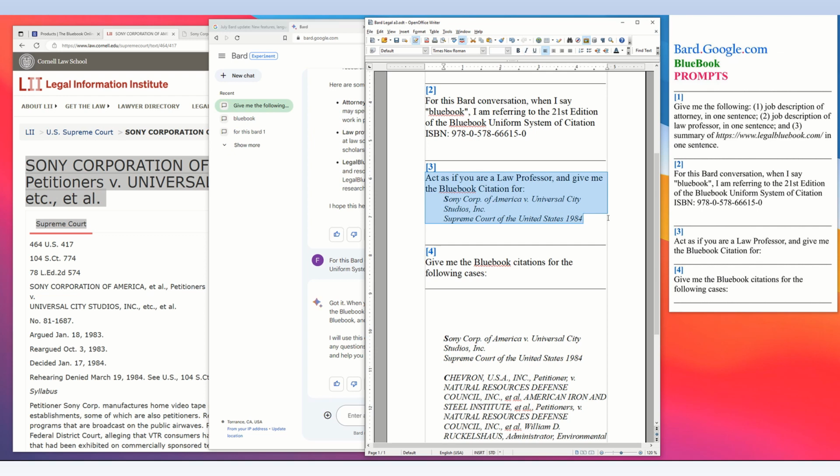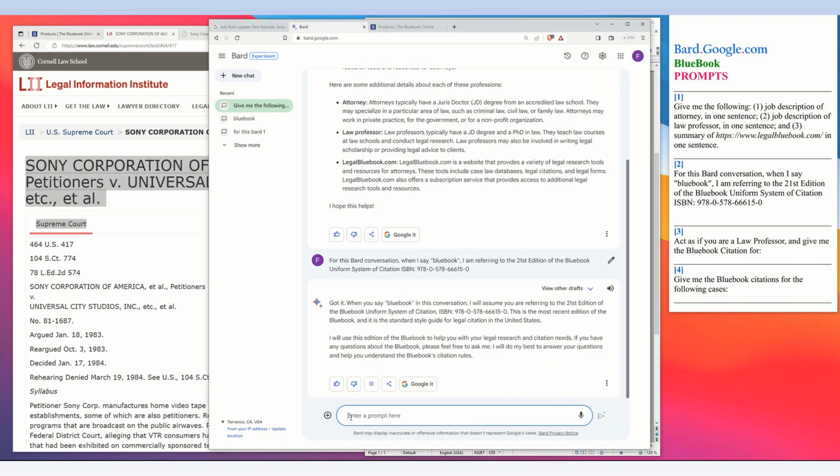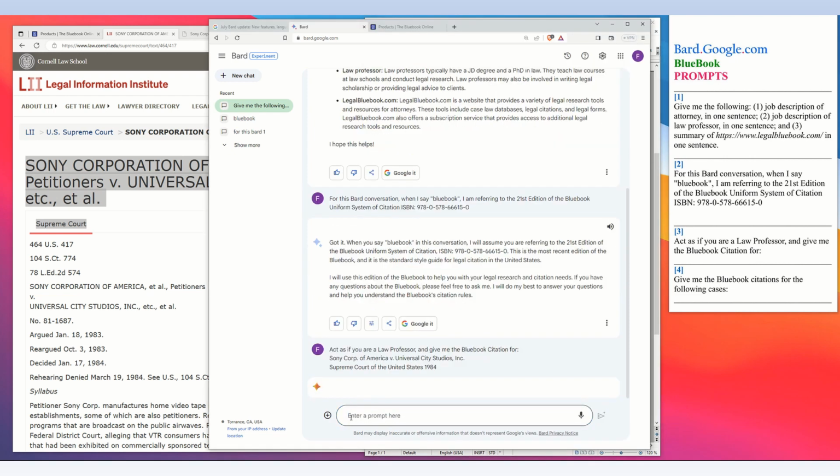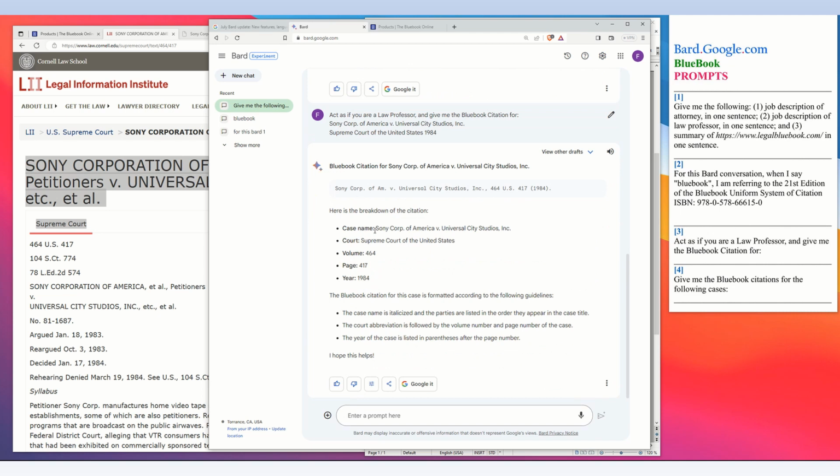So then I'm going to paste the prompt and the case information, press enter, and let Bard process my request. And Bard responds